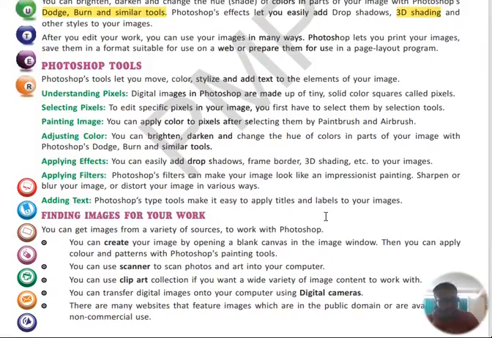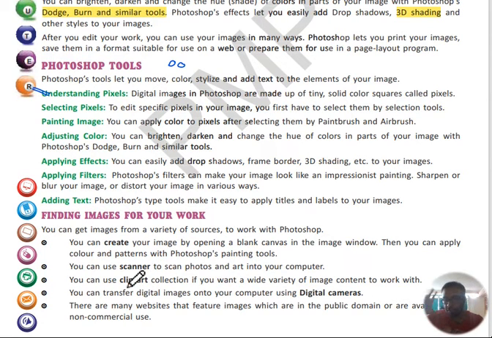Now, what are the different things we need for understanding Photoshop? First of all, we need concrete knowledge about understanding the pixel. Every picture, if we zoom into it, is made up of tiny square-like tiles. Thousands and millions of blocks of these pixels make up a photo or a picture. So that you have to know.